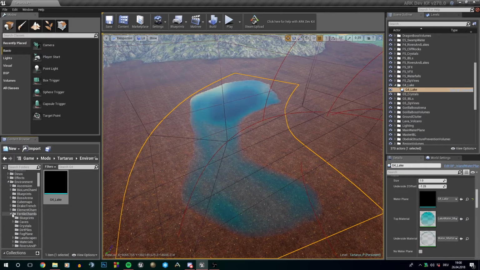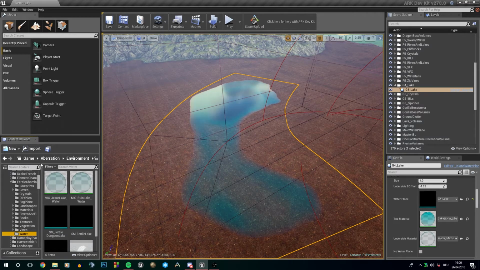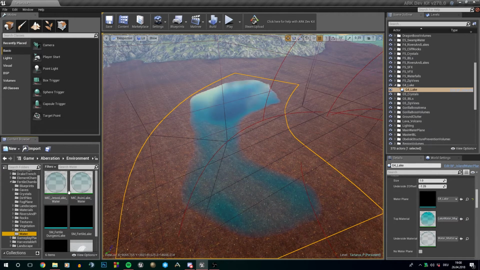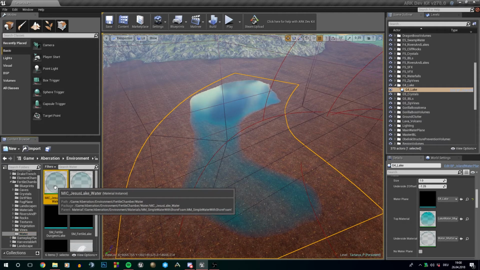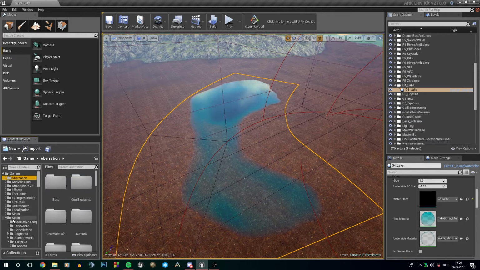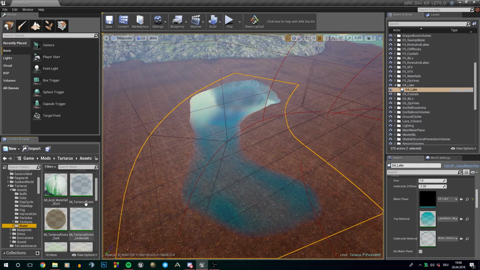I wasn't able to fix the material itself, but I found the material within the aberration environment and the fertile chamber and the water folder, which is the Mick Jesus Lake or the Mick Ruin Lake, whichever one you want. These materials are working fine. I've created my own one, but they are based off these ones, so you can just use the Jesus Lake